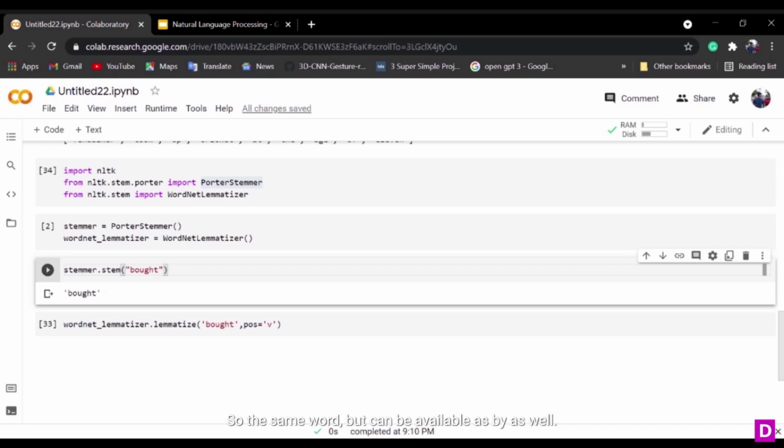So the same word bot can be available as buy as well, right? Suppose we don't reduce bot to the root form buy, then it will take these two words as separate words, and it will try to feed those words to the machine learning model or any NLP task model, and make the task more cumbersome, right? So generally I prefer, if the NLP task is more advanced, we can directly jump to the lemmatizer,